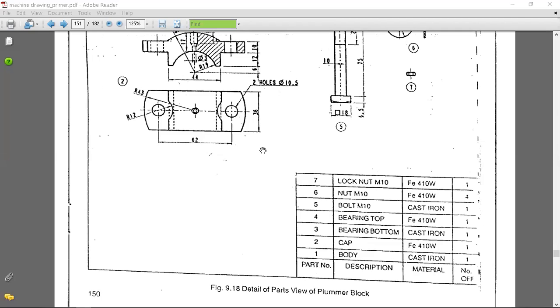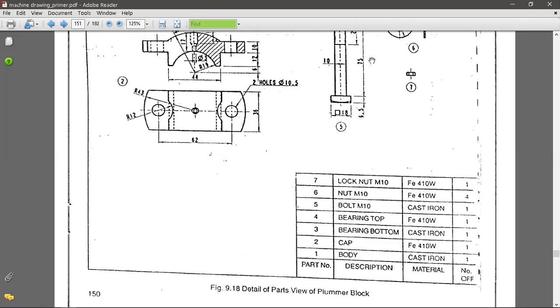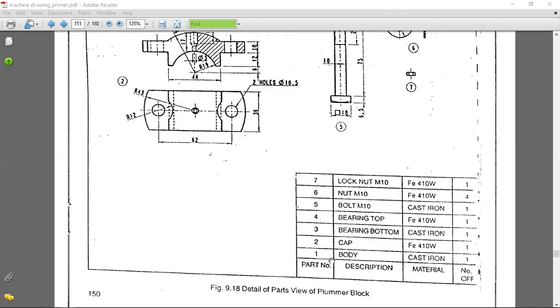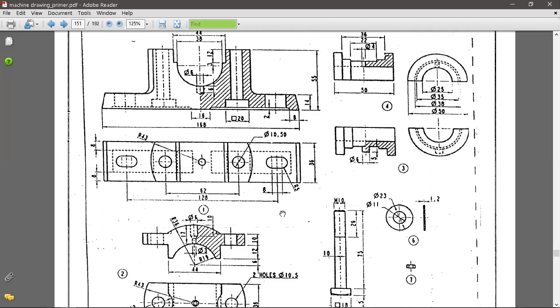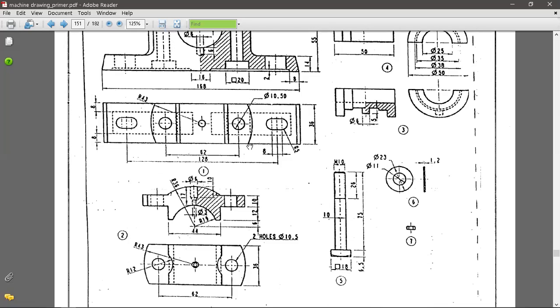For example, the body. So it is number 1, body. So the body is here. For the body they have given 2 views. We will discuss this now.